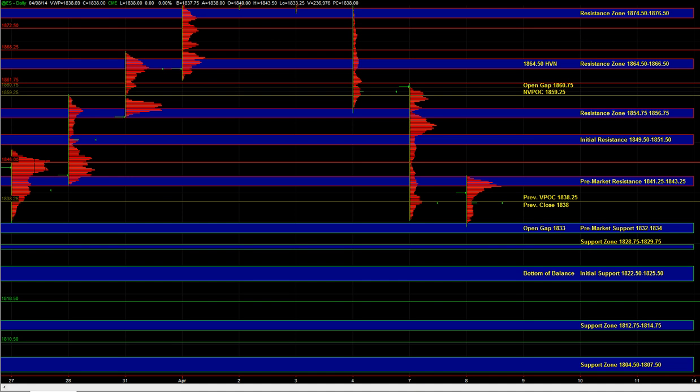So on the downside, again, that open gap seems like it'll definitely get filled. 28.75 to 29.75 is a high odds target, and even 22.5 to 25.5 would not be out of the picture. And then at that point, we'll reassess. We'll see kind of where the other markets are at. We'll see how the day's context is shaping up. Is it still continuing on that heavy momentum and heavy downside internals, or are we now seeing some stability in